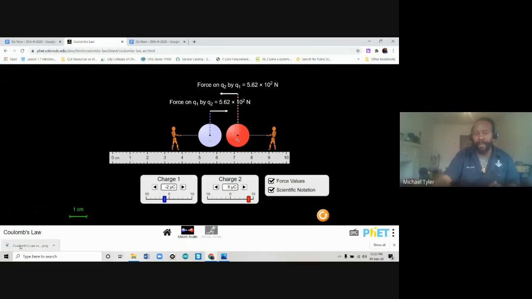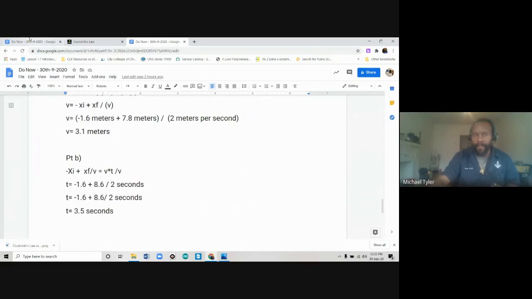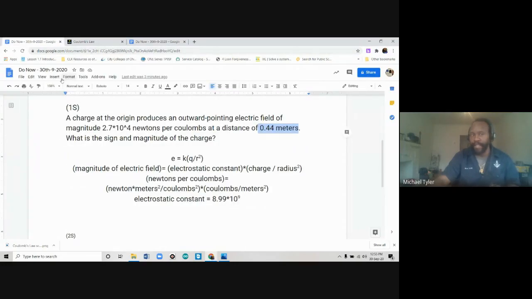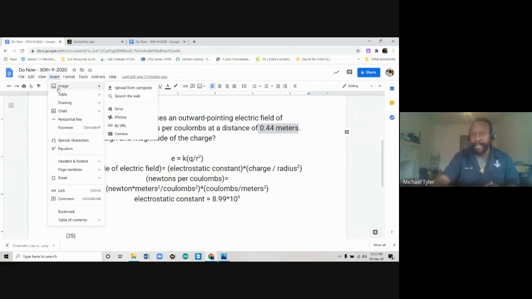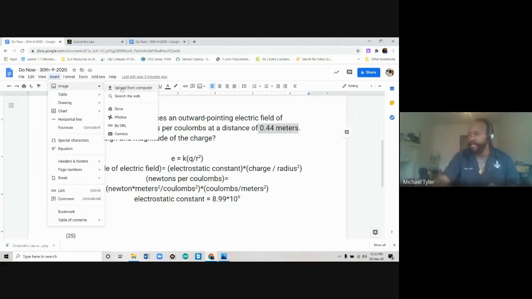The next thing I'm going to do is take that download. You should have seen it come over here in this corner, and put it into my Google Doc. You need to have the same diagram as me. So take a moment and set that up and then put it into your Google Doc. So make sure you download it first, because if you don't download it, you're going to go to insert images in your Google Doc and you won't find it. So download it first as a screenshot the way I did. You say I could just screenshot on my phone and send it to you? That's what I said. You can send it, Dajay. But make sure you get everything else typed up. You need 2 screenshots though, so you're almost through.